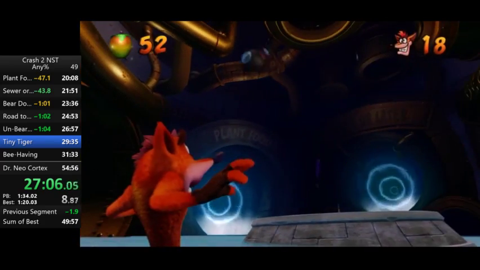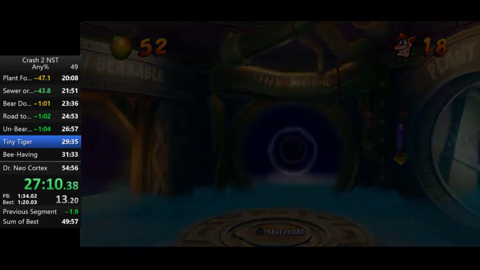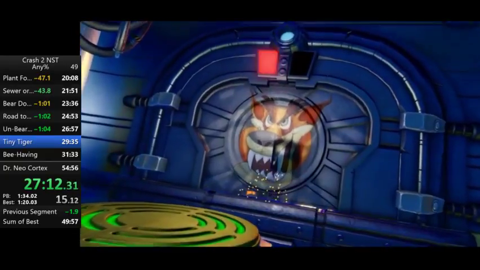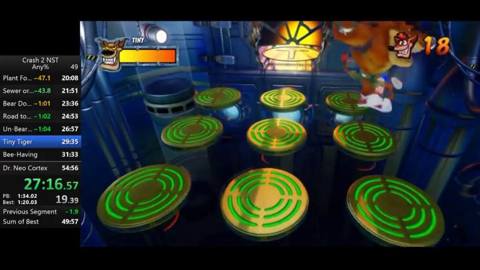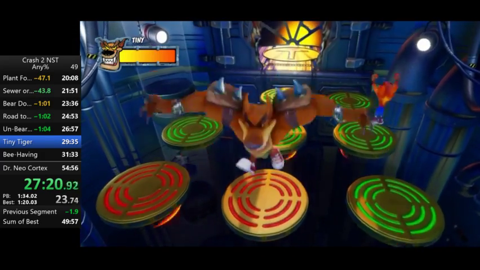Yeah, as I say, don't go into the boss room too quickly, because again, I think you can glitch out the game and just die and lose the run horribly if you enter the boss room too quickly. And I don't know how to fix it, so I feel like we'd